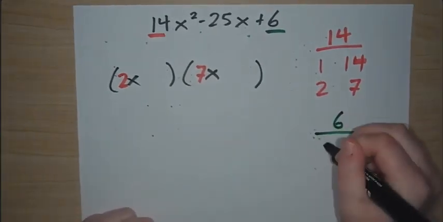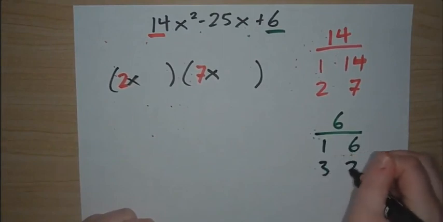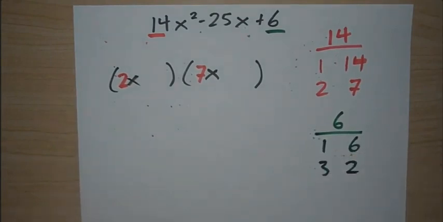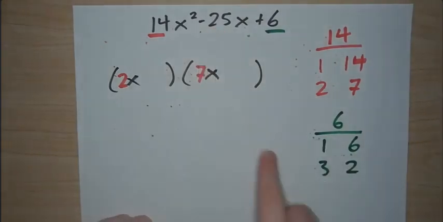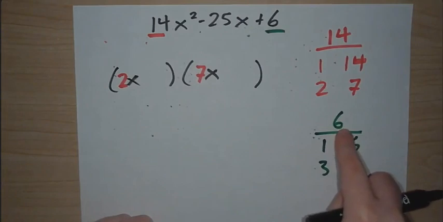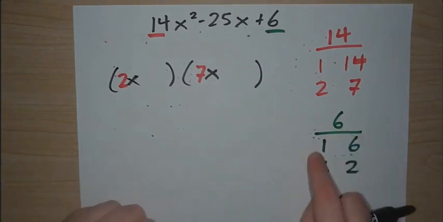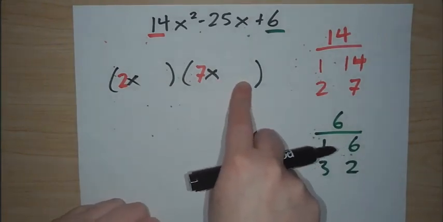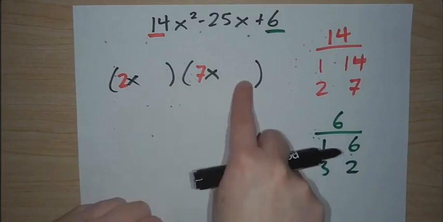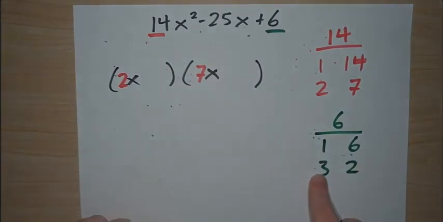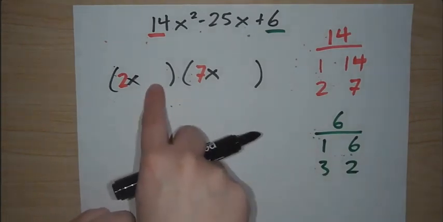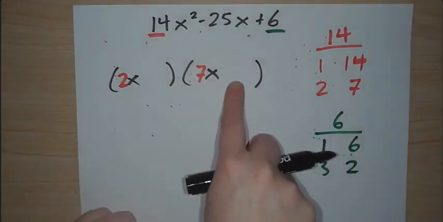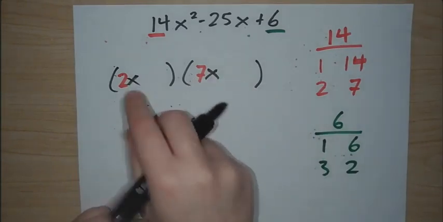So for 6, we have 1 and 6, and we have 3 and 2. And they're going to be negative, because of this negative 25 right here. Because negative 3 times negative 2 is positive 6. So it works out. So if we put a negative 1 right here and a negative 6 right here, we don't get what we want. If we put the negative 6 right here and the negative 1 right here, we still don't get what we want. If we put the negative 3 right here and the negative 2 right here, we actually do get what we want. So we'll do 2x minus 3